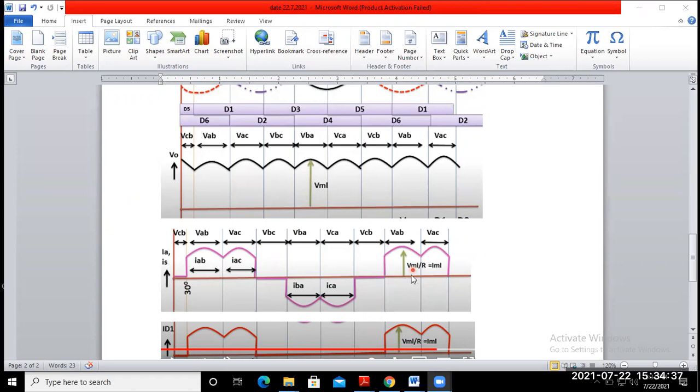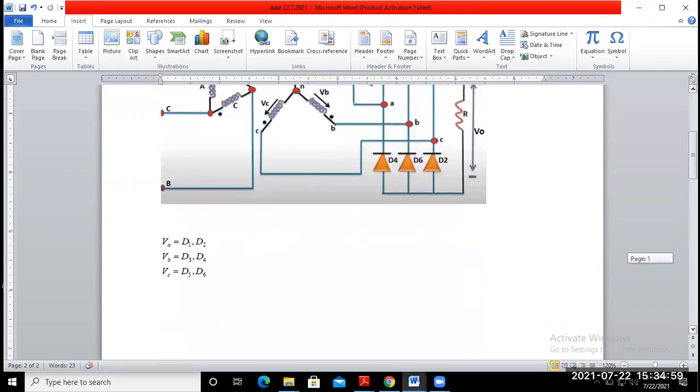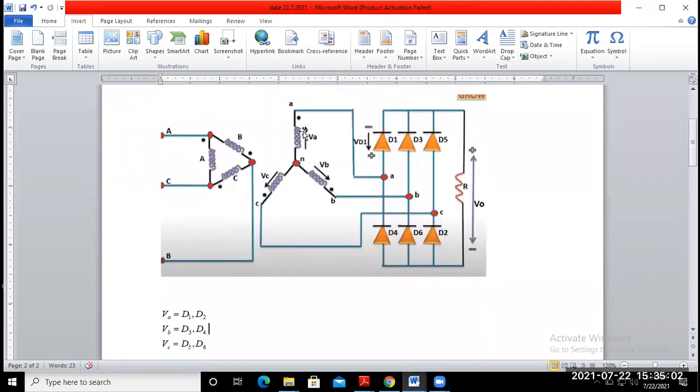No sir. Okay. So now we move towards another part of the section. That means whatever circuit I have drawn here, we will simulate in MATLAB and try to observe its output voltage waveform. We are already familiar with MATLAB. Just try to open MATLAB and simulate the circuit and verify the waveforms discussed here.